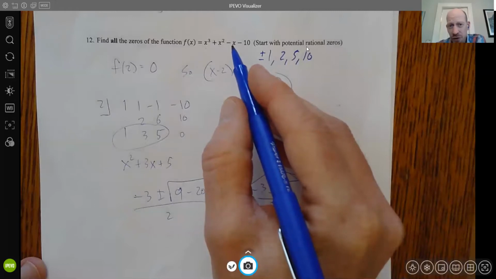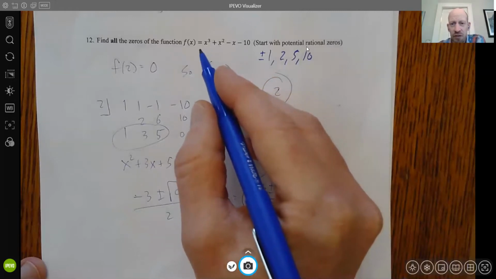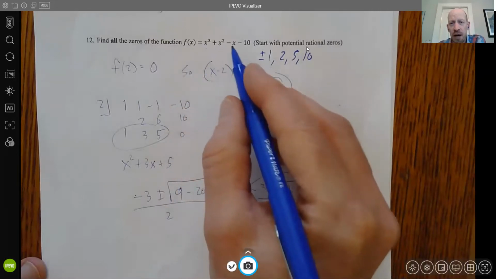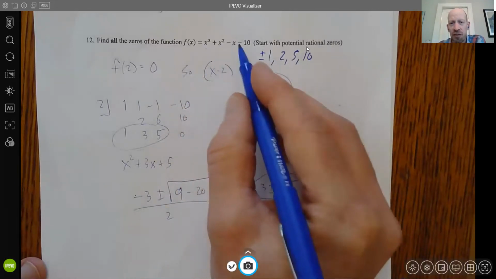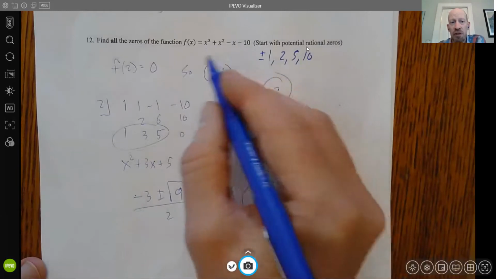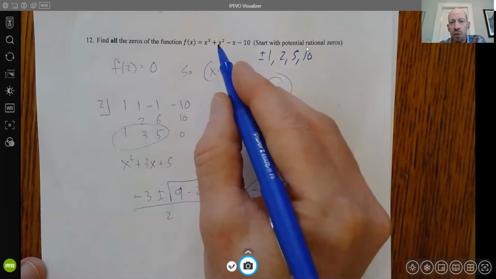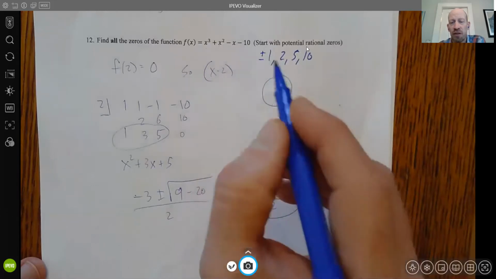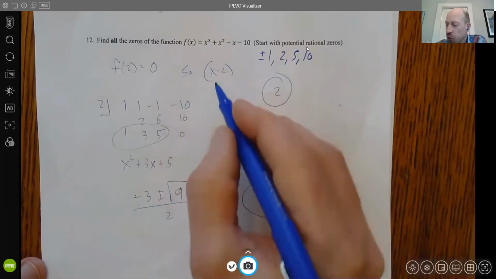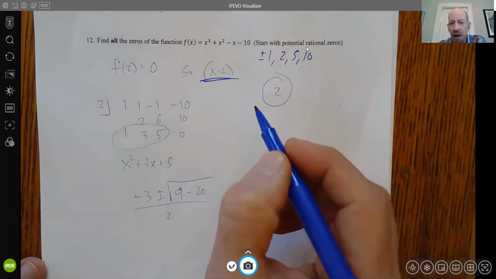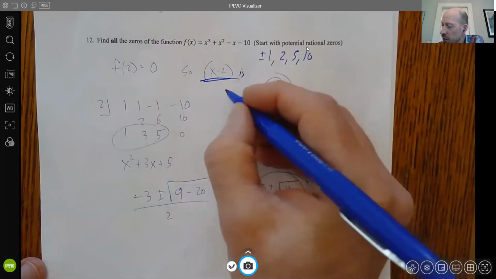What we do here is we just start testing, and you can show each one, but we can see that 1 and minus 1 are never going to be 0 because of this minus 10 here. But it turns out f of 2 is 0, right? That's 8 plus 4, that's 12, minus 2, minus 10, minus 12. So this is the key idea. Once I know that x minus 2 is a factor,